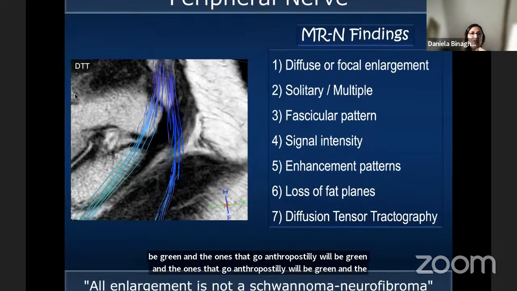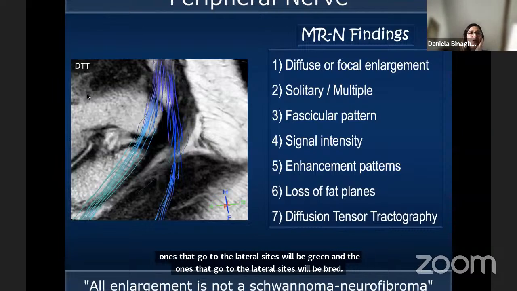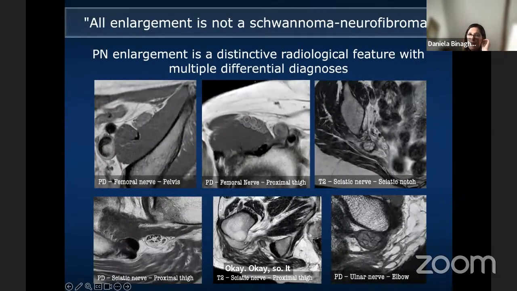Okay, so it is important to know that for us, for radiologists, a peripheral nerve enlargement is a distinctive radiological feature and has multiple differential diagnoses. So what I say to my residents, all enlargements of the nerve is not a neurofibroma or a schwannoma. So we have here all different cases. They all have different